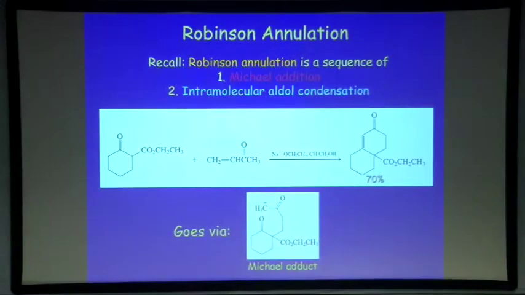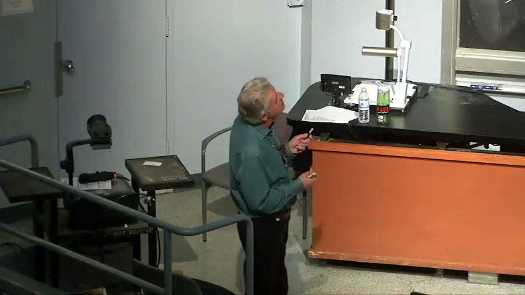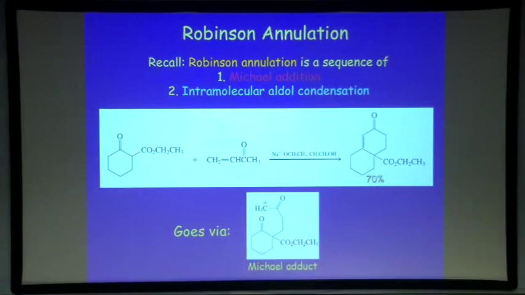And as we discussed in the sequitur to the Michael addition and enolate addition chemistry in the chapter on ketones, conjugated ketones, the corresponding products can undergo intramolecular aldol condensation, which is called the Robinson annulation. So this guy here, for example, which, by the way, you may recognize, this one we made last week by the intramolecular Claisen condensation.